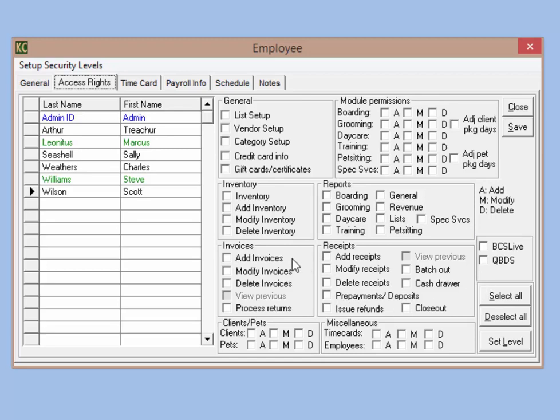For invoices, you can restrict the ability to add invoices in the system, to modify them, delete them, to view the previous one, or to process returns. For receipts, you can restrict the ability to add, modify, or delete them, create prepayments or deposits, issue refunds, view previous receipts, batch out your credit card payments at the end of the day, open the cash drawer, or